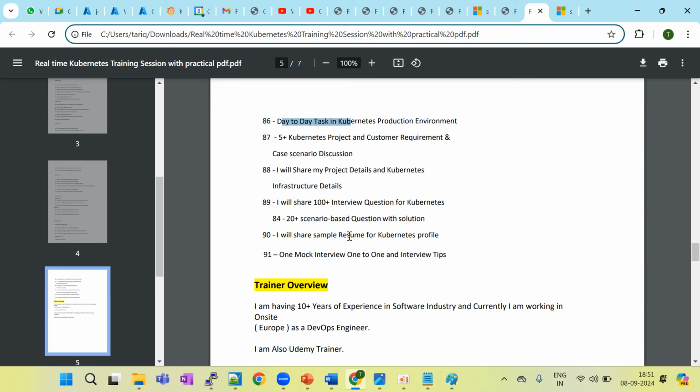Okay, and I will share some common interview questions, because I also took many interviews for my project, so I know which type of questions the interviewer generally asks you. So those questions I will share with you. I will share some scenario based questions with solutions. I will share a sample CV, and I will discuss some Kubernetes projects like customer requirements. So if you go there,